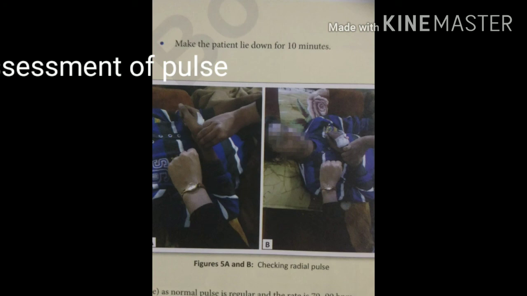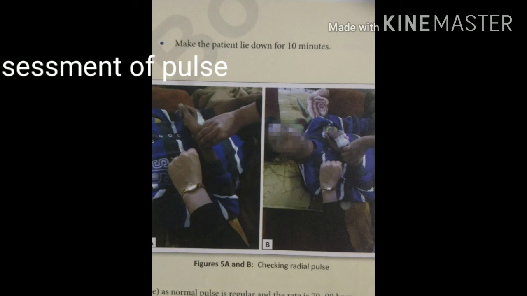Intra-procedural step for respiration: position the patient comfortably with the hand across his or her chest. Observe and count for 1 minute without moving the patient's arm and your hand. Count a complete rise and fall of the chest as one. Note the characteristics of respiration: rhythm, regularity, depth and ease of respiration. Record the reading on the documentation sheet.